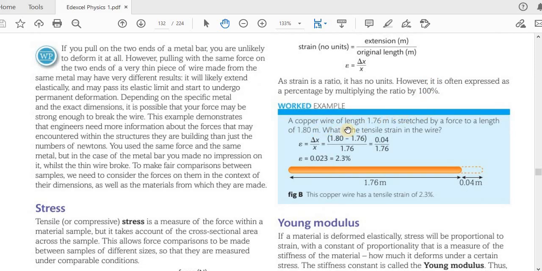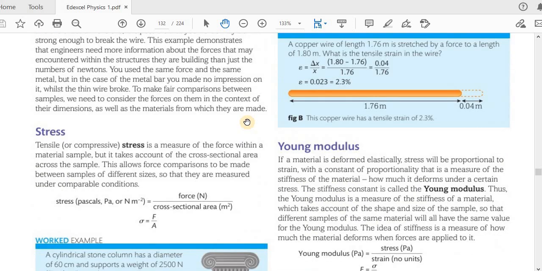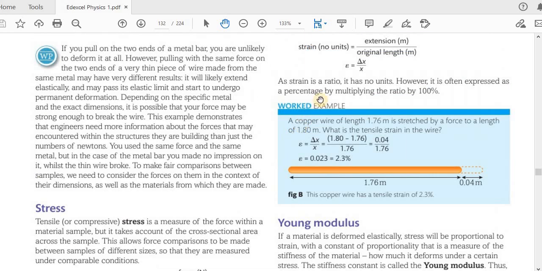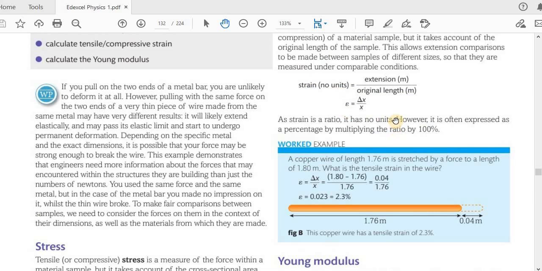A copper wire of length 1.76 meters is stretched by a force to a length of 1.80 meters. Now to find the extension, you have to subtract this from this, and you can see the calculation here. So we use this equation. This is the Greek letter epsilon. This is the Greek letter sigma. You have capital and simple sigma. This is simple sigma, and this is simple epsilon. So now the original length is 1.76. Then you get this, and you can convert it to a percentage and write it like they mentioned here,